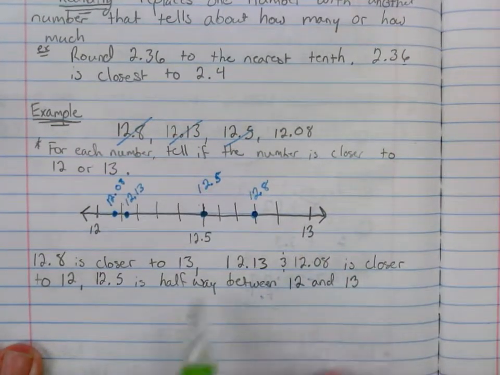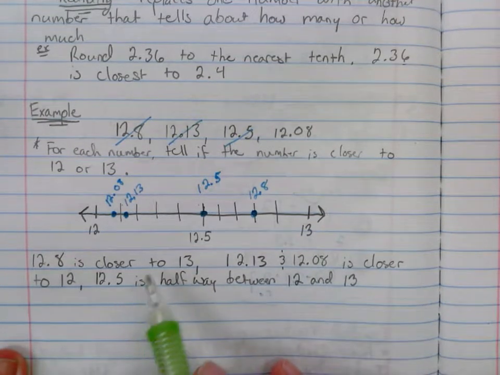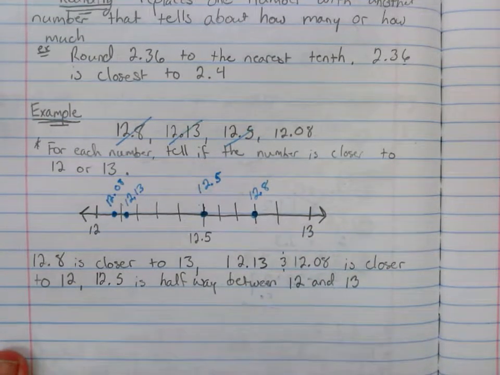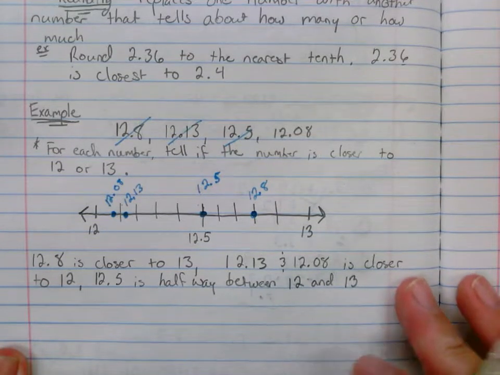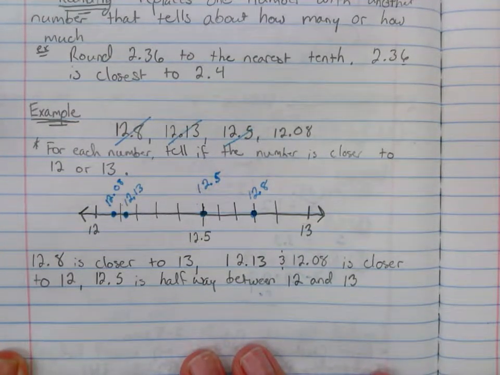Now remember, 12 and 5 tenths, we would round up to 13 though, because we always round up if it's halfway between. Okay, so go ahead and pause the video right now,